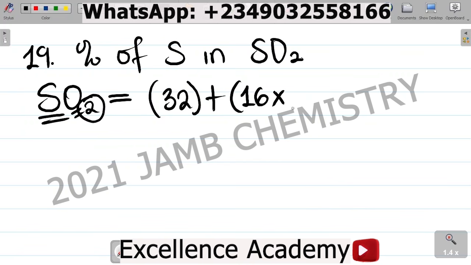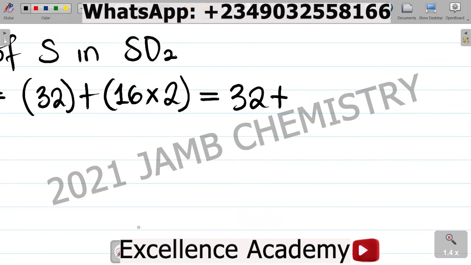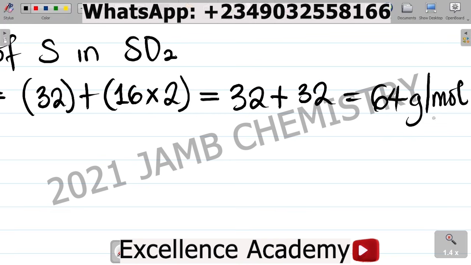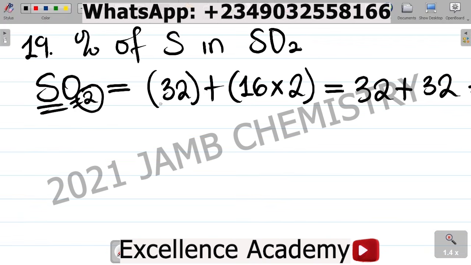You have 2 atoms of oxygen, so times 2. If I work on this, this becomes 32 plus 16 times 2 gives you 32. That becomes plus 32, and that becomes 64 gram per mole. So you have 64 gram per mole. Now from this, to get the percentage composition of sulfur, is simply,